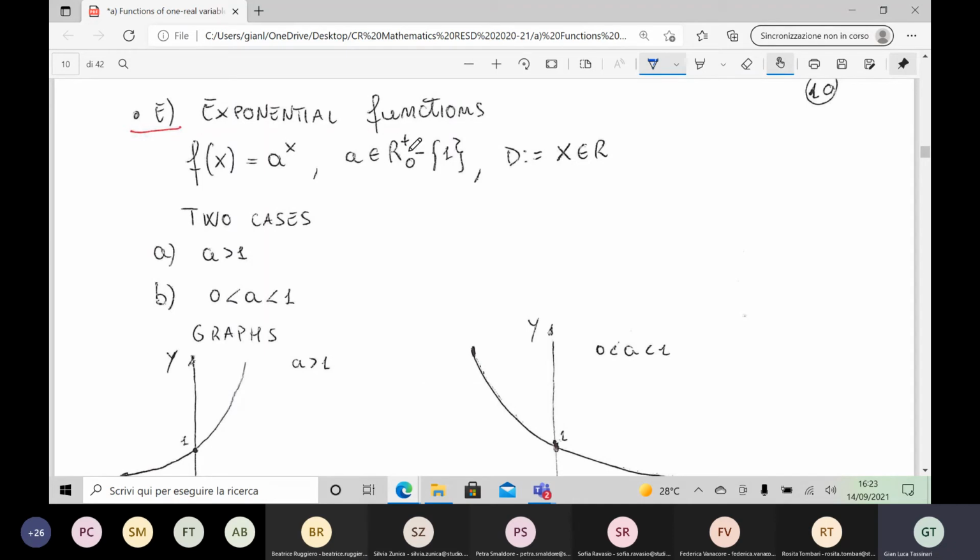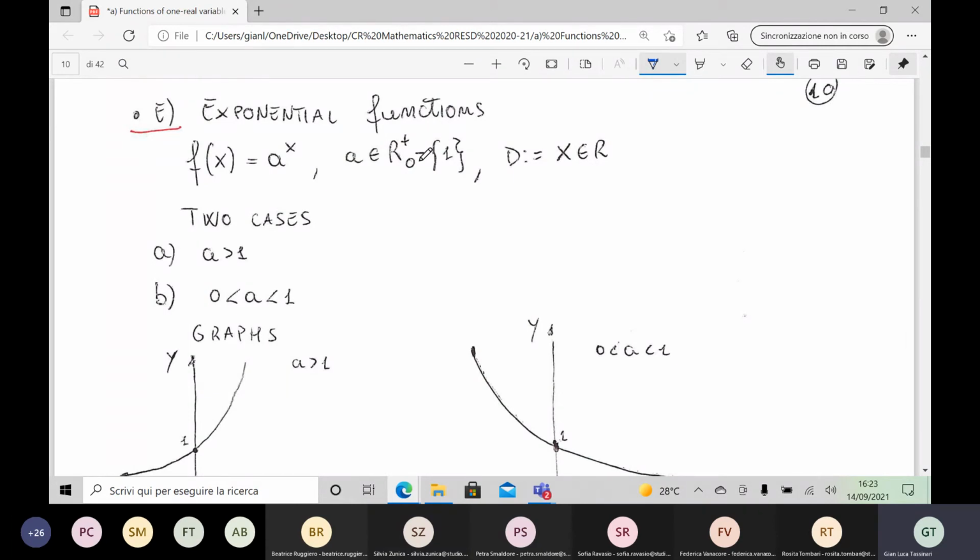What do I mean by R0 plus? 0 here and plus here. This means that a is a strictly positive real number. So it is the set of the positive real numbers without the 0 and minus the